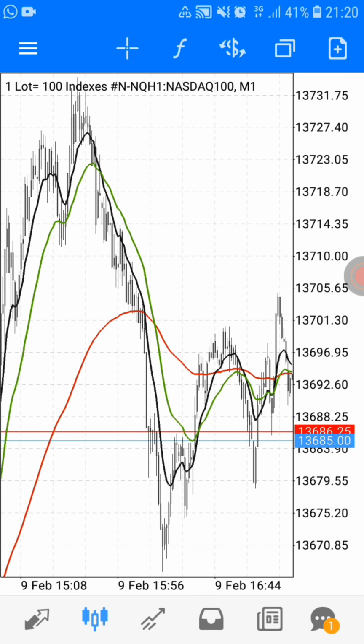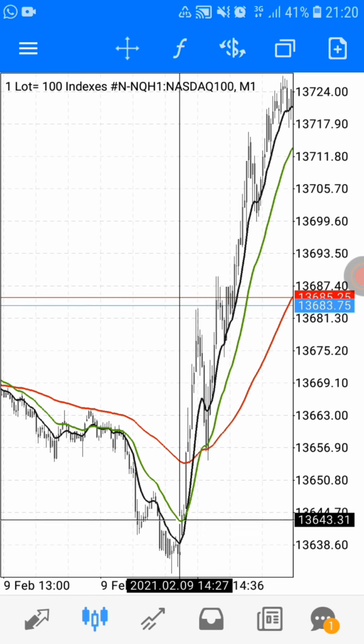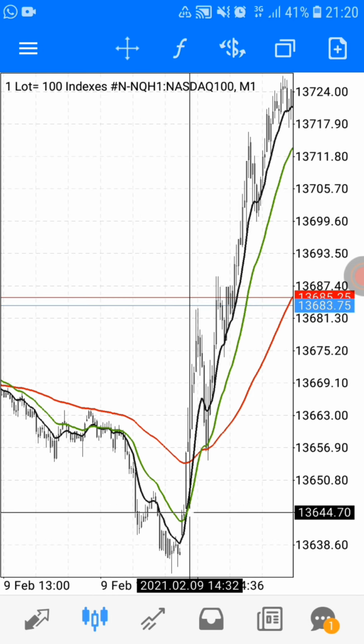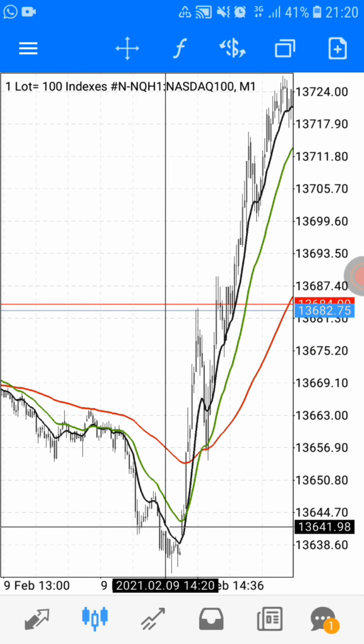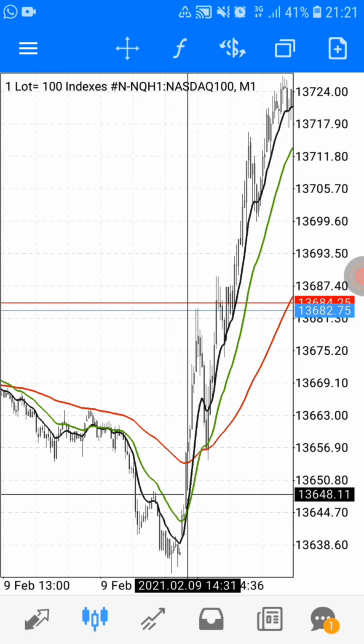Now let me backtest a little so that I can show you how to take a buy on NASDAQ 100. The rules are pretty simple for the buy alert. When the black and the green moving averages cross each other while facing up, in an upward direction, that's your alert that it's going to